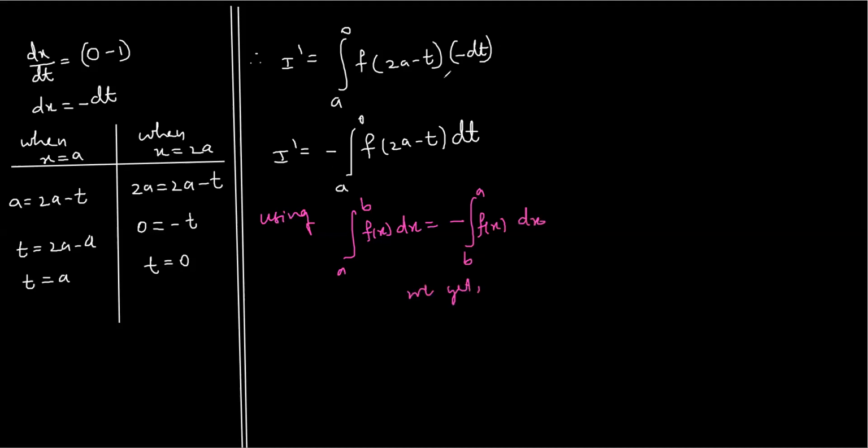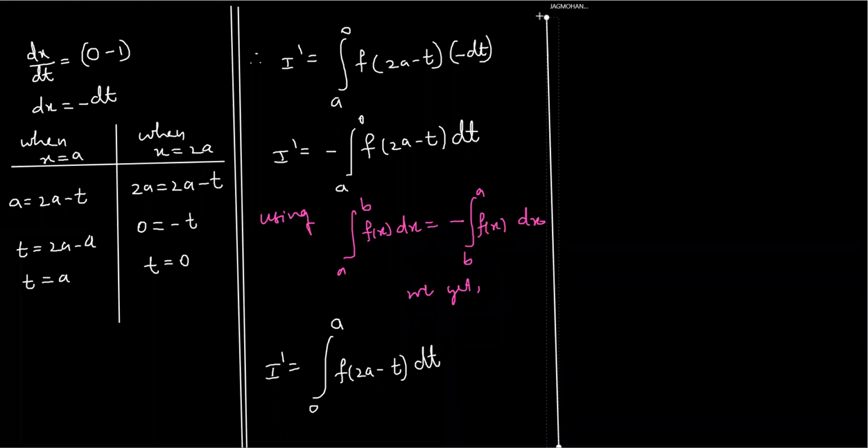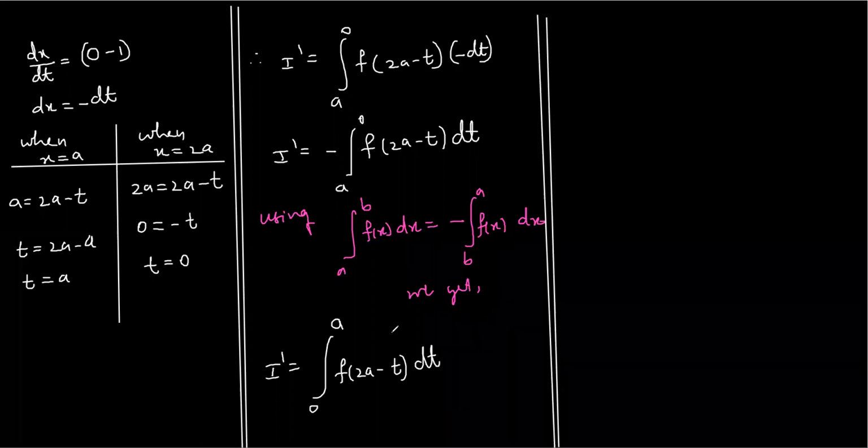This I dash will become, see, I dash is negative a to 0. So when I write 0 to a, I will put one more negative sign, it will become positive. 0 to a f of 2a minus t dt, 0 to a f of 2a minus t dt, right? So here I get,